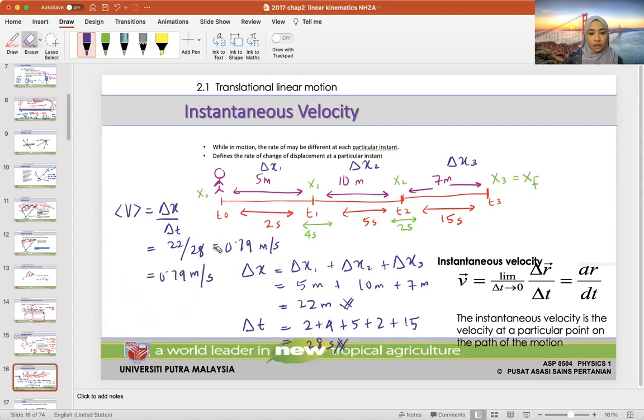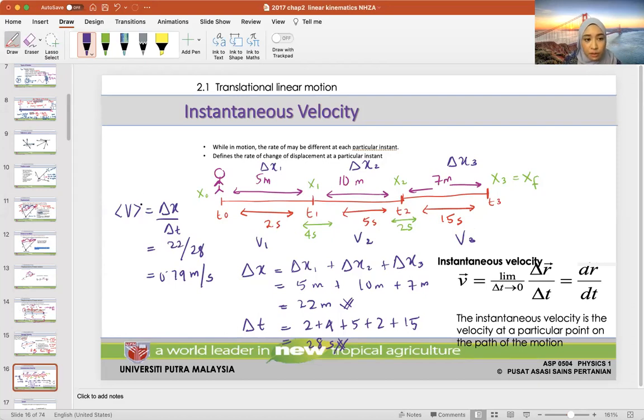Okay. So when we see this scenario, we know that kelajuan Fatihah sebenarnya tak seragam pun. Kelajuan dia tak seragam. 5 divided by 2 is 0.25 meter per second. 10 divided by 5 is 5 meter per second. And then 7 divided by 15 pun nombor yang lain. 7 divided by 15 will get you 0.47 meter per second. So velocity dekat sini, velocity dekat sini, velocity kat sini lain-lain. But